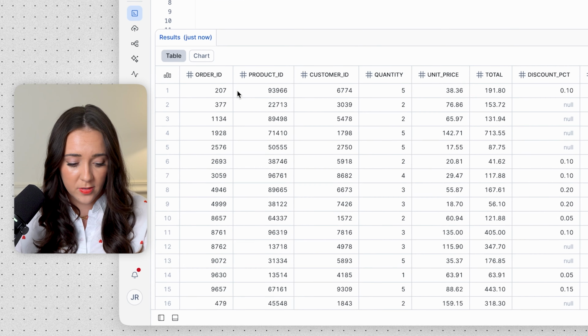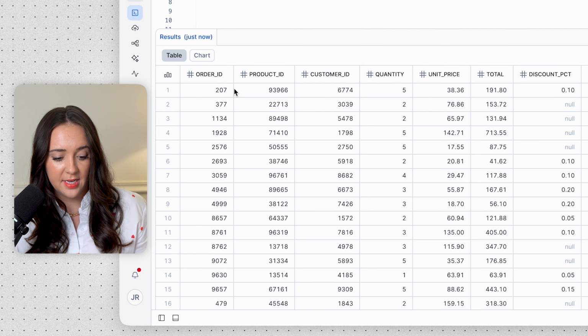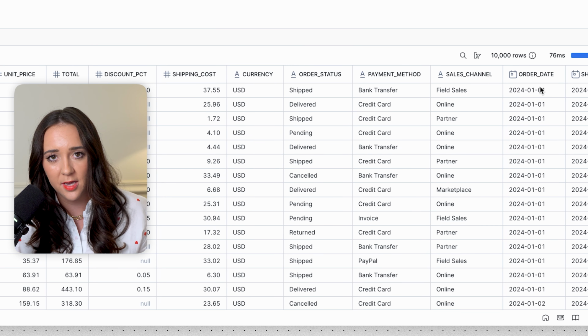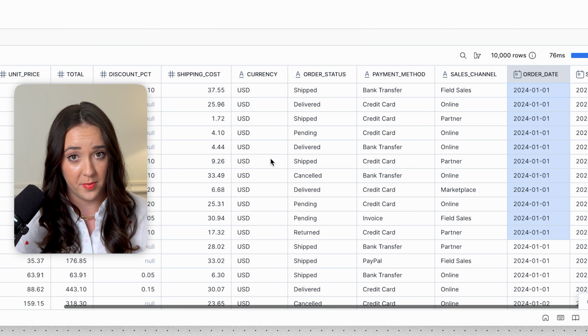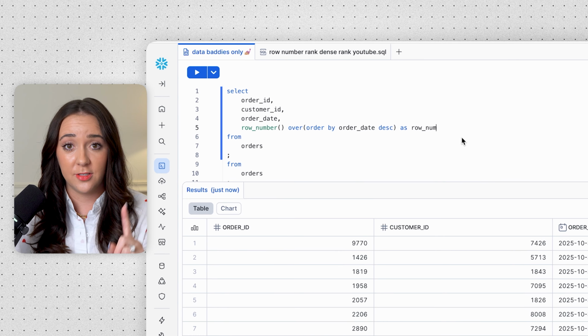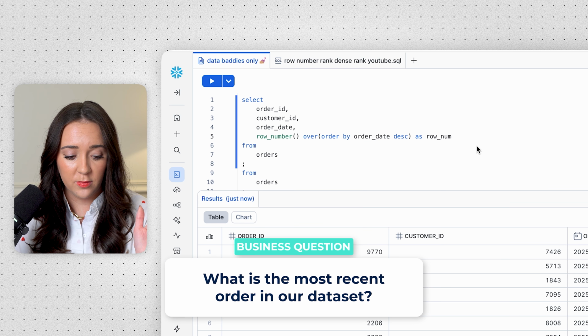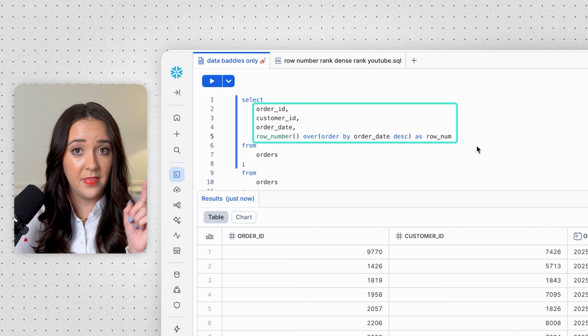Here we have a basic orders table. We have the orders, product ID, customer ID, quantity, the price, the currency, payment method, order date, just really basic order information. Now let's use our ranking functions to answer the question, what is the most recent order in our data set? First, I'm gonna pull in a few fields, order ID, customer ID, order date,